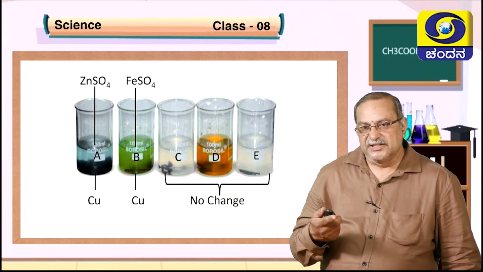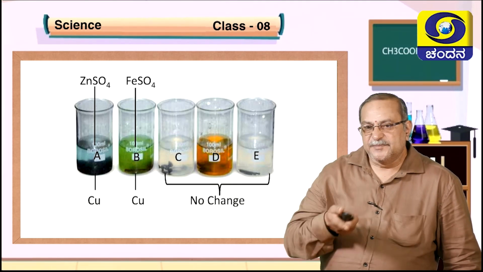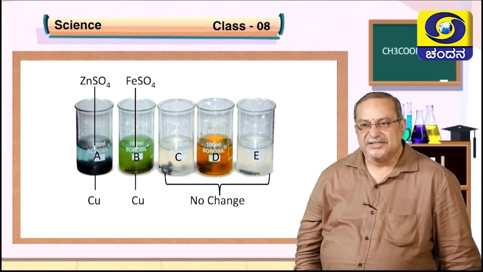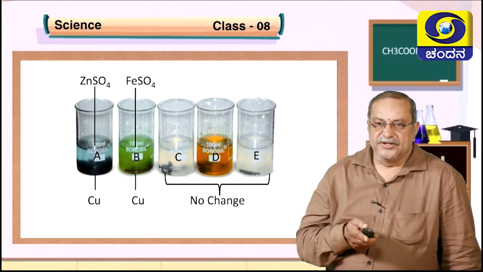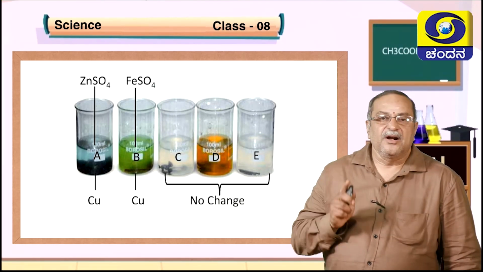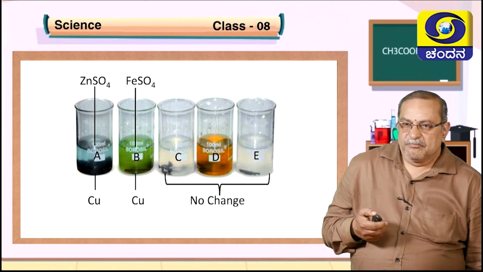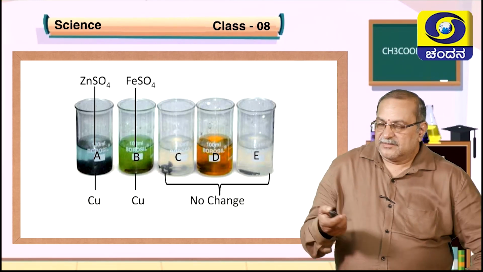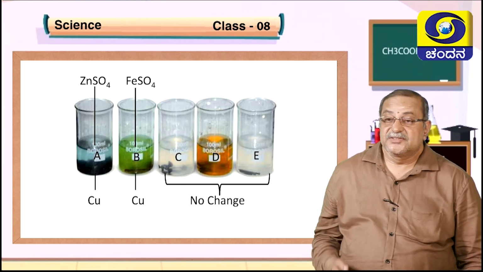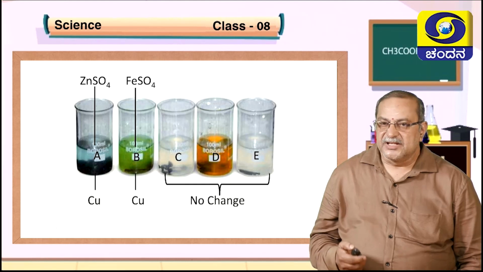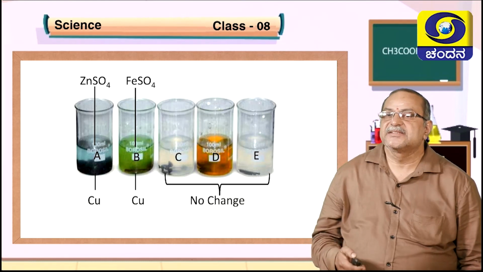Then copper sulfate solution we take, when you add iron, iron is more reactive. So that's why it displaces copper and it forms ferrous sulfate. So the reverse cannot be possible. So if we take zinc sulfate solution and put copper or iron, it will not react. No reaction, no displacement takes place here. Similarly, ferrous sulfate solution or copper sulfate solution will not change. So this shows that more reactive metals displace less reactive elements.